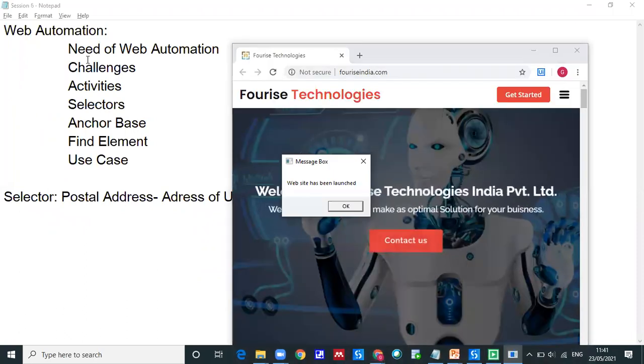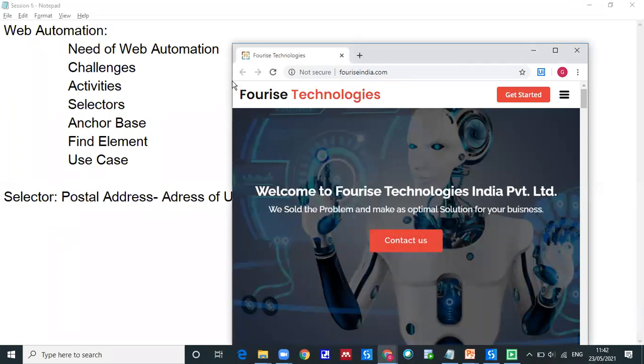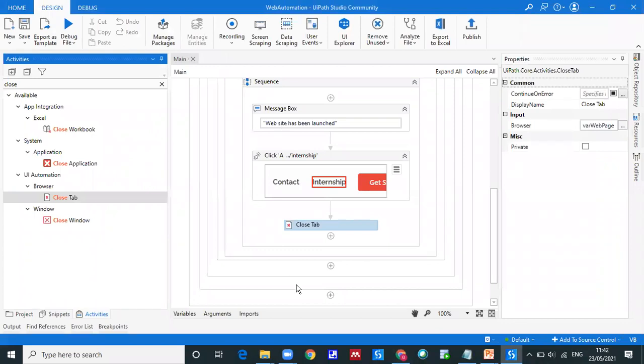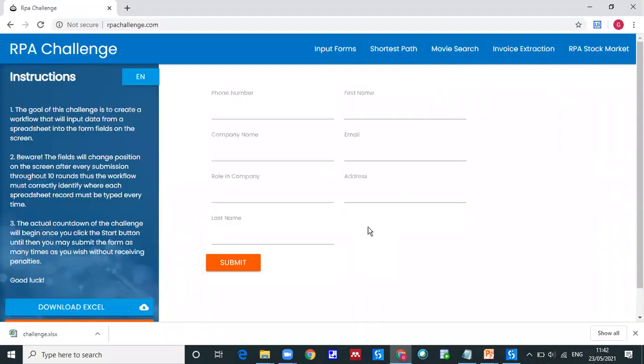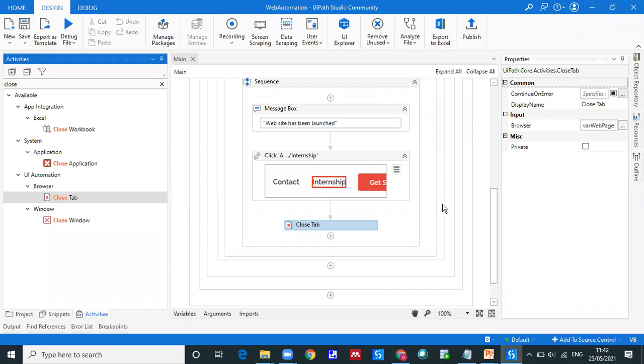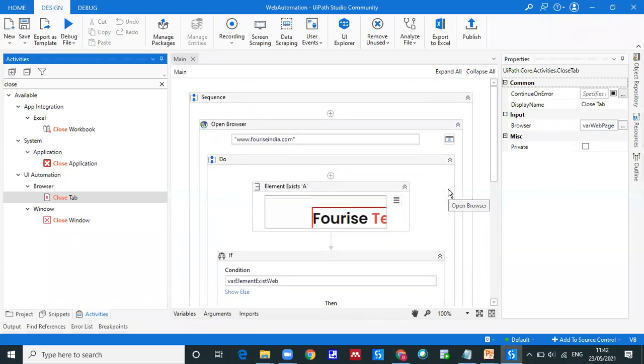It's a minimized window. Okay, we're supposed to maximize. We have the activity called maximize window. Done. So it has opened. Okay, can you see this? This one did not get affected. So this is another website. Only whatever was there, we have closed. So this is all about the simple interaction of UiPath with the website. In the next section, I will stop